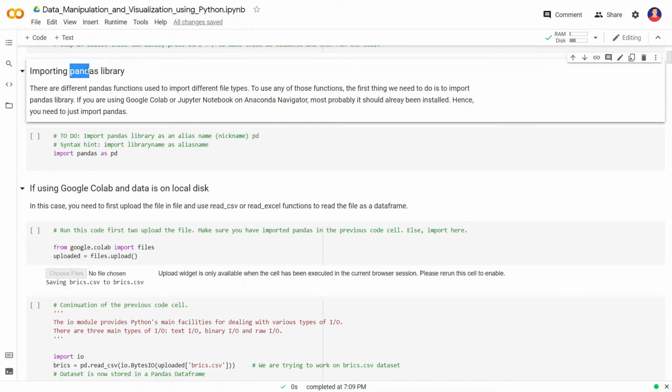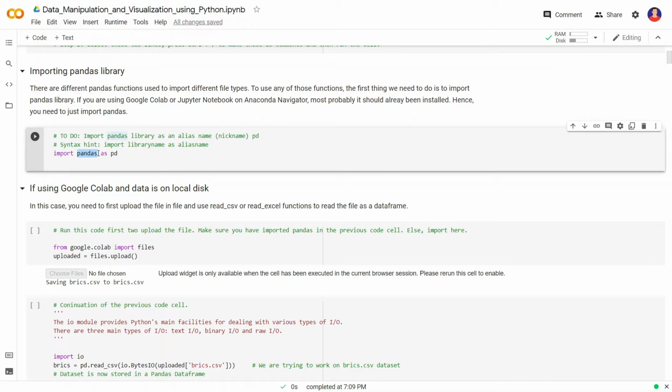First we have to work with the pandas library. So what is the pandas library? The pandas library helps us to analyze and manipulate the data in different ways so that we can work easily with our data. So how to import it? Simply we have to write import and pandas, the name of the library. Now you can write just import pandas, but the main problem is that each time you have to refer to the library, you have to write the name pandas fully. But instead we have written import pandas as pd.